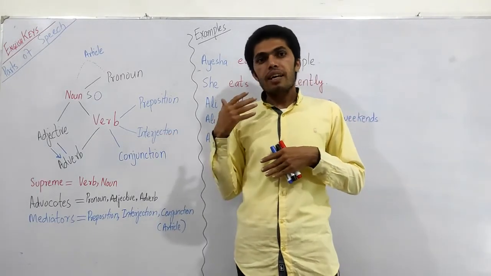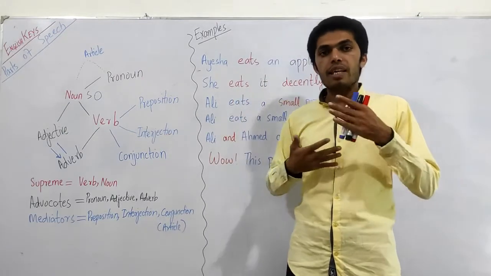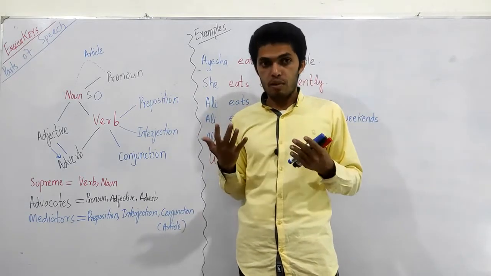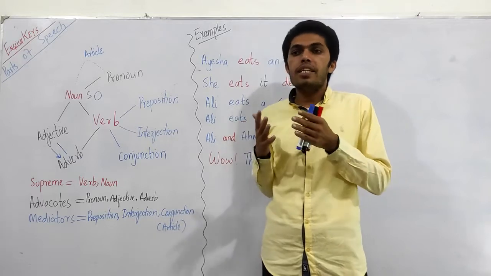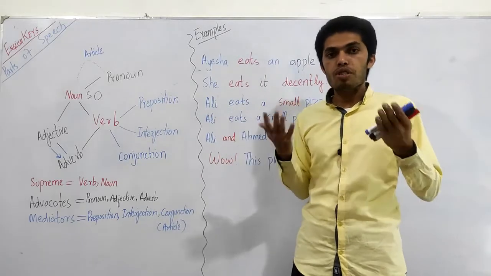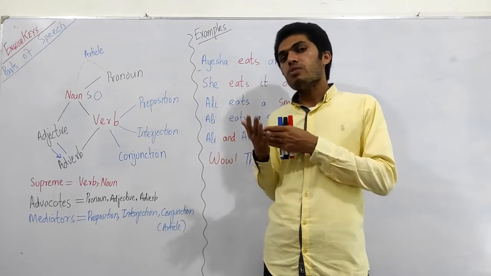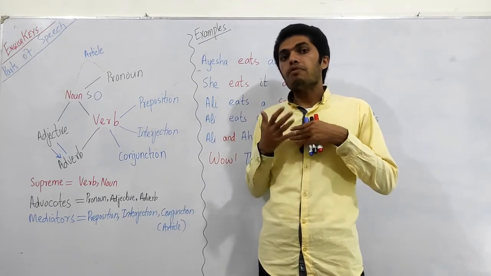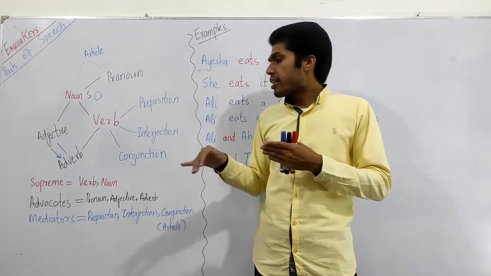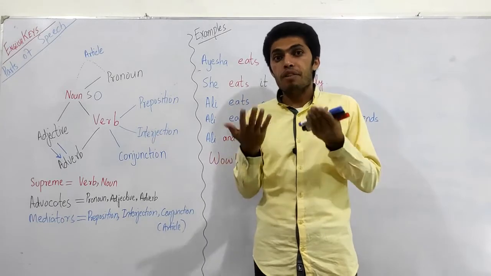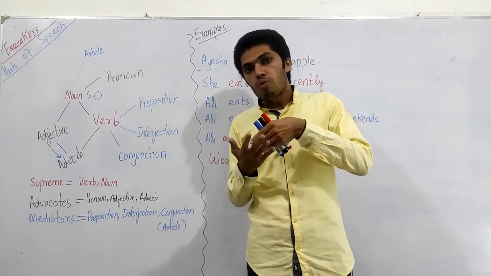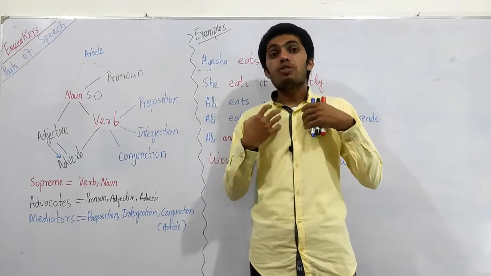Interjections are those words that are called the feeling words. These words express the feelings. Like you have a sentence, and that sentence can be: this room is beautiful, this river is beautiful, this house is beautiful, this city is beautiful. Now this looks like a simple sentence. In order to add the feelings of the person who is saying that sentence, you can add an additional word, and that additional word will interject the feelings. Interject means to induce or to insert some elements of feelings, right?